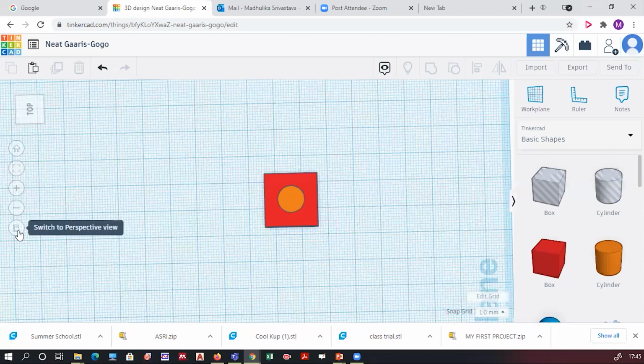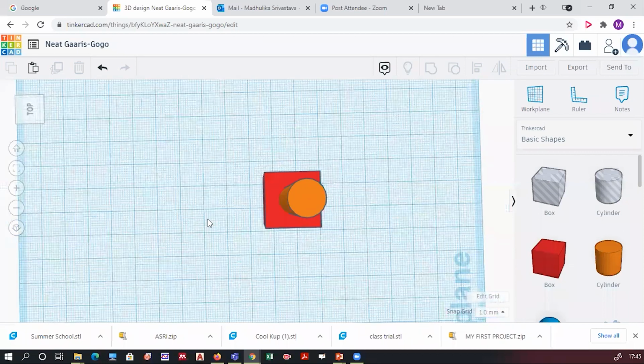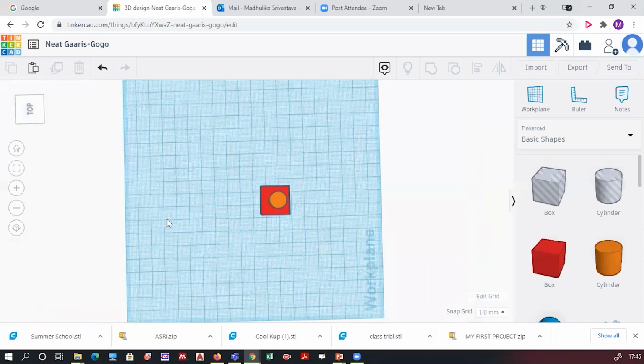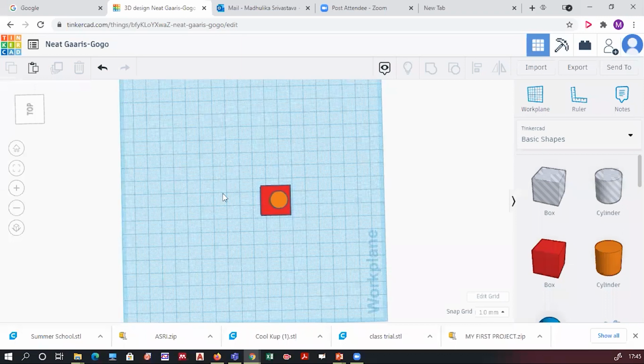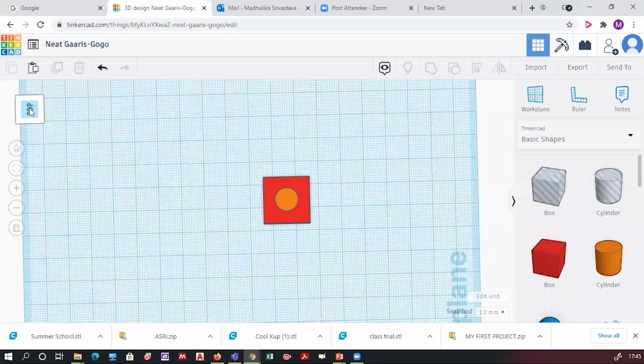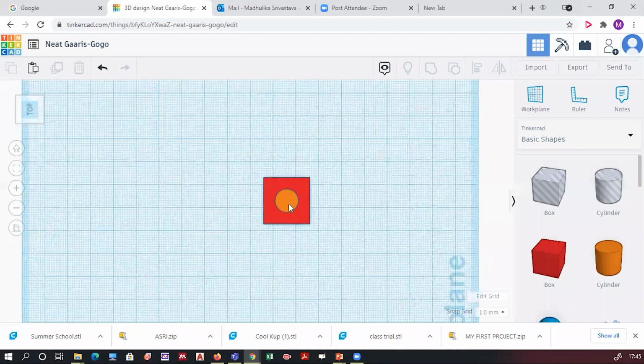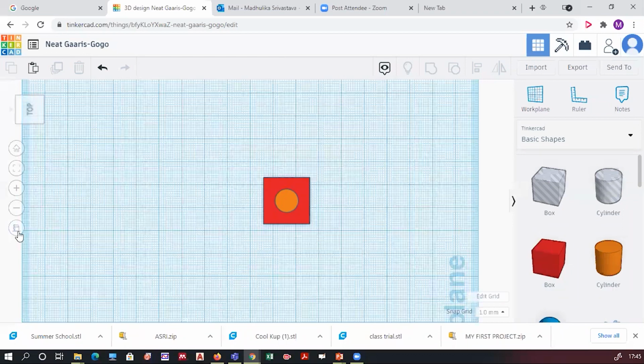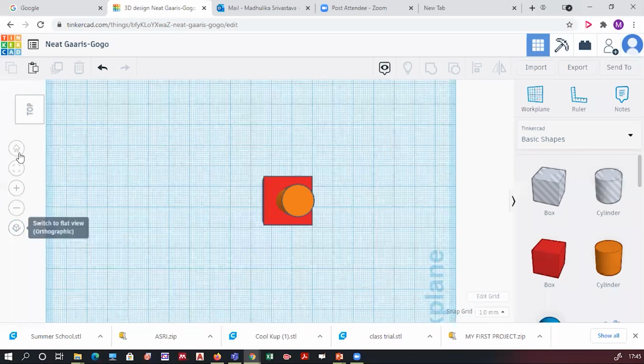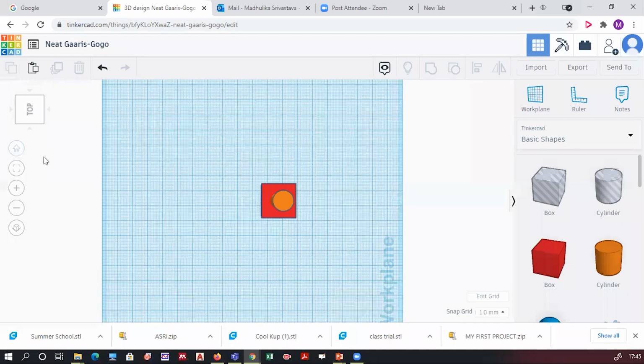Now again, you click on that orthographic option, it will come to perspective view. Perspective view means back to the 3D view option. I will repeat once again. When you click on this orthographic projection, it will appear to you as a 2D drawing, and you have to click on the top, only then you will see it as 2D. In the 2D drawing top, you will see a square and a circle in the middle. Again you click on that orthographic option, perspective view, it will appear to you in 3D. And just click on the home view, you will see your object like this.